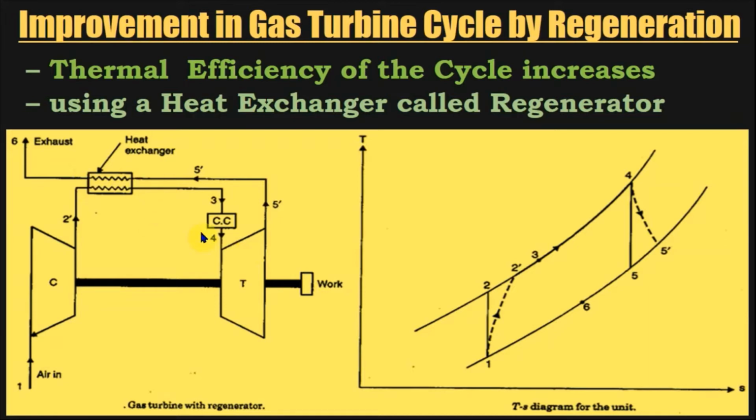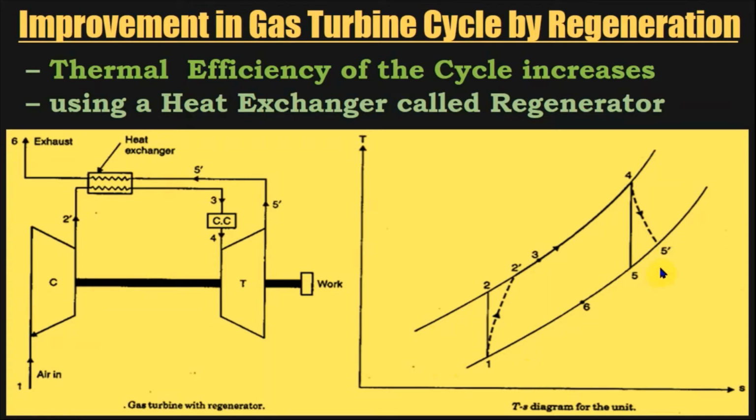Since the heat supplied is reduced in the combustion chamber, this is going to give us higher thermal efficiency. But please note that the compressor work and the turbine work will remain unaffected. Therefore, there is no improvement in the net specific work output, but definitely there is reduction in the heat to be supplied. We know that the thermal efficiency is net work output divided by heat supplied. Since there is a reduction in the denominator, therefore definitely the thermal efficiency of the cycle will increase.